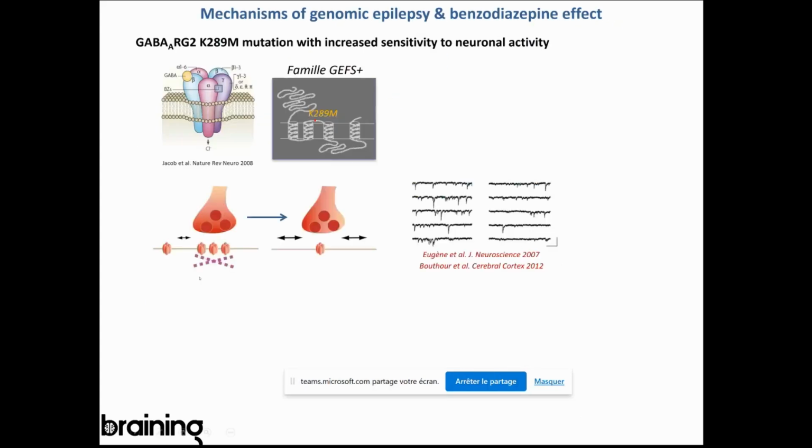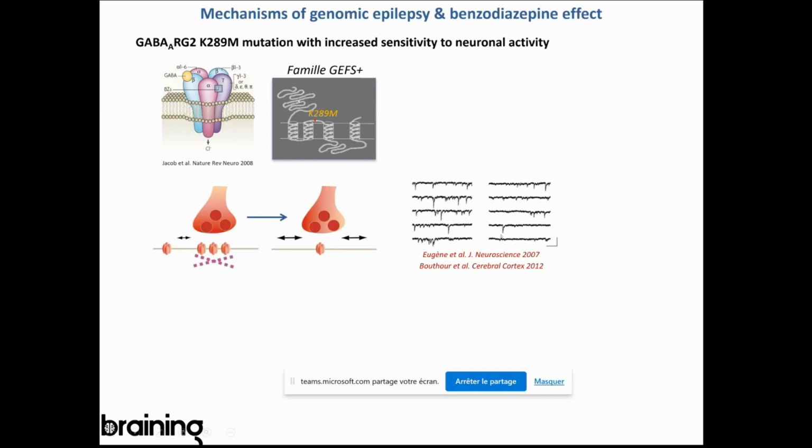So using quantum dot-based single particle tracking, we studied, for instance, the impact of a human mutation that is associated with the GABA receptor, and we found that a receptor that has this mutation is actually more mobile and it escapes the synapse faster. And we connected this mobility with a reduced efficacy of the synapse, as you can see here from these mini